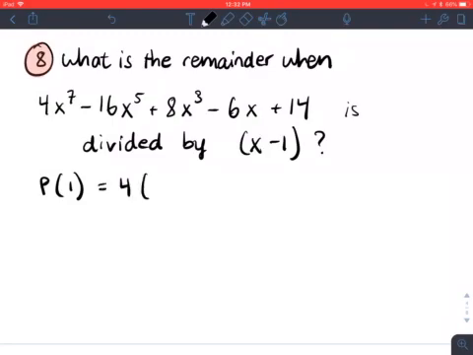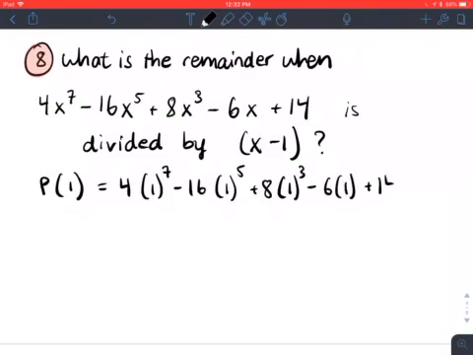So this will equal 4 times 1 to the 7th power minus 16 times 1 to the 5th power plus 8 times 1 cubed minus 6 times 1 plus 14. Notice that all of those will result in 1 being multiplied to some power, which is still 1. So this is 4 minus 16 plus 8 minus 6 plus 14. You do some mental math here, you will see that the answer